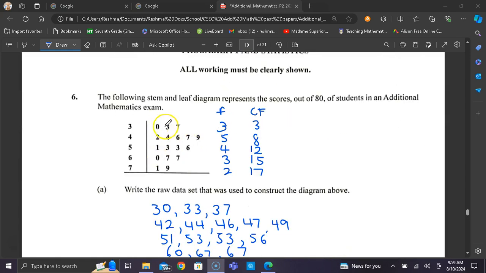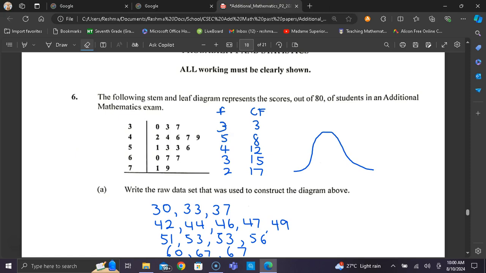Okay, so if you notice the shape of the stem and leaf, more of our values, we have our modal class interval. We have a lot of values in the 40s. So if we were to just plot a curve, if we were to rotate this 90 degrees anti-clockwise, then we'd notice that most of the values,